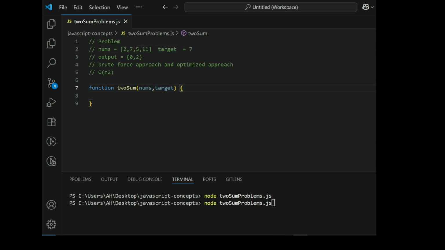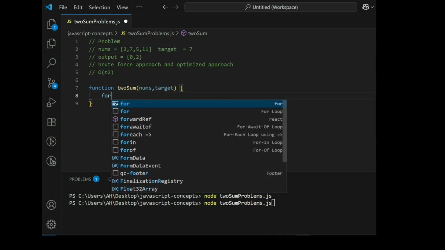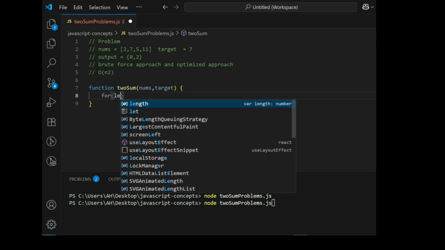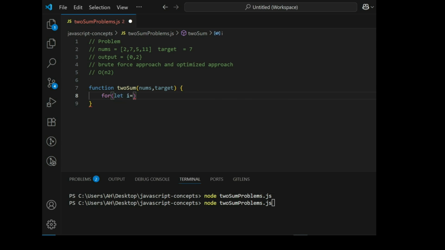In the brute force approach, let's start. As I said, we need two loops here. The first loop I will start at 0, i less than nums length. The purpose of this loop is to pick the number. So I have to start the inner loop from the next index after the outer loop, and it will also go up to nums length.